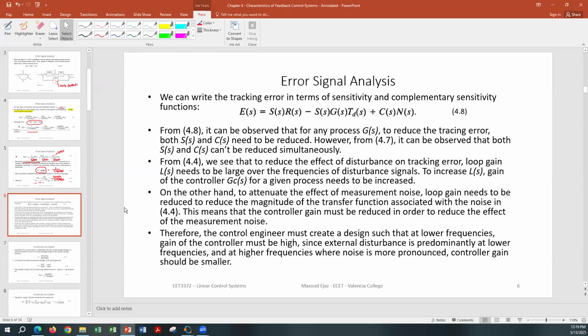So what do we see from this equation, 4.8? A few things that we observe. Observe that for any process G(s), to reduce the tracking error, both the sensitivity and the complementary sensitivity need to be reduced. Both S and C, if they are smaller, then of course error is going to be small. But it's not possible because they are complements of each other. One is increasing, one is going to decrease. As we see over here,